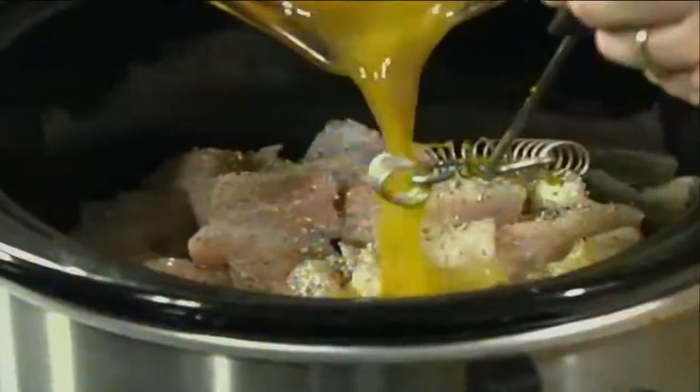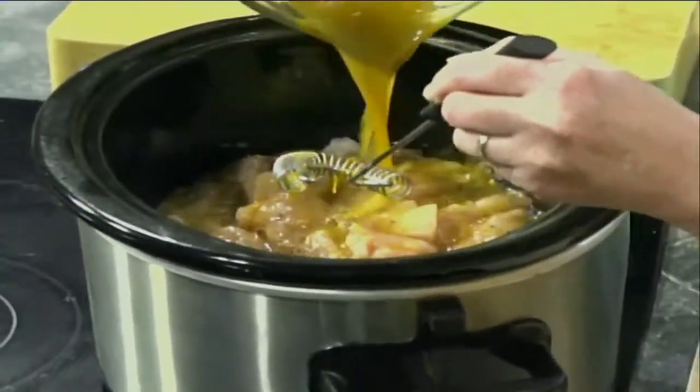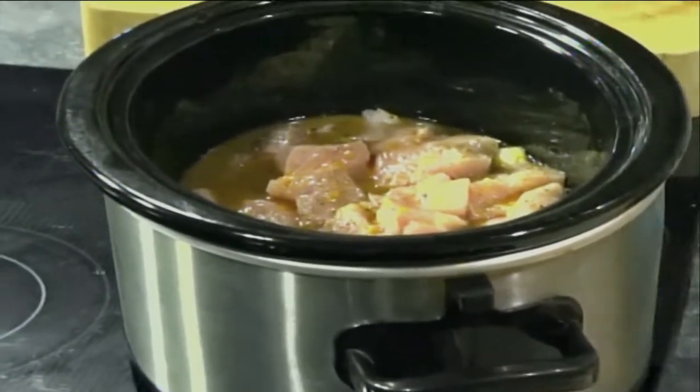Give your mixture one last whisk, pour it over top. And then this needs to cook on high for about 4 to 6 hours. Just plug it up and cook it on low, 4 to 6 hours. On high, a couple to 3 hours will work, and you will have a delicious, easy meal ready for you when